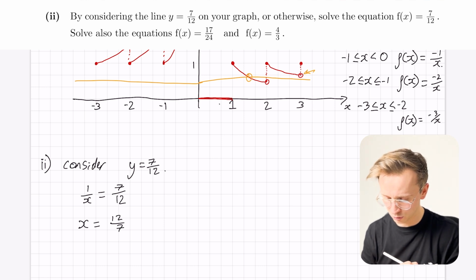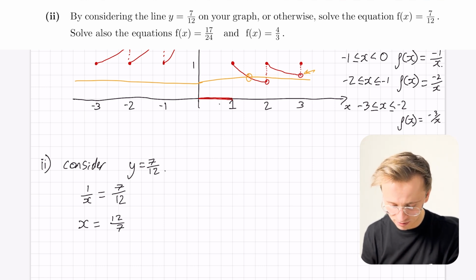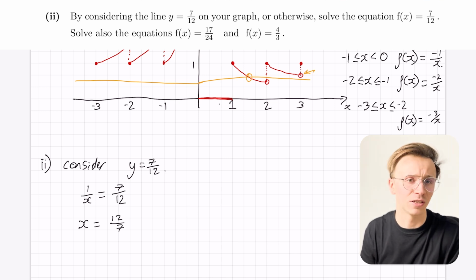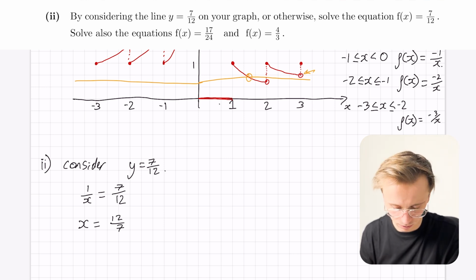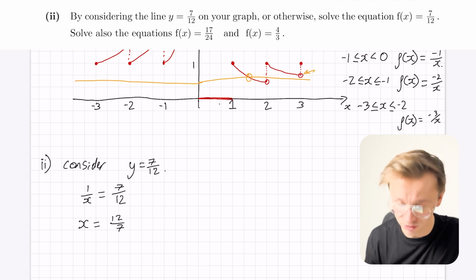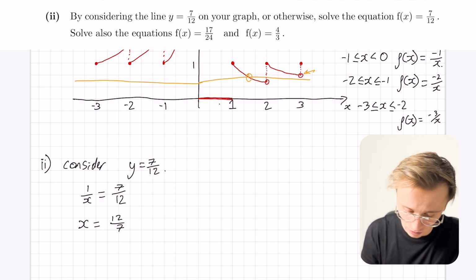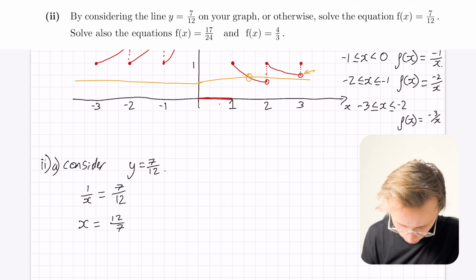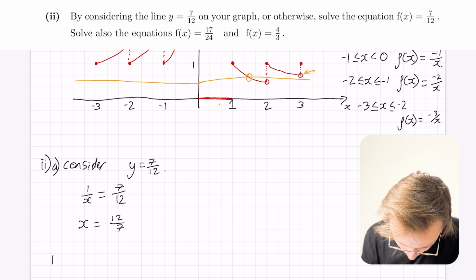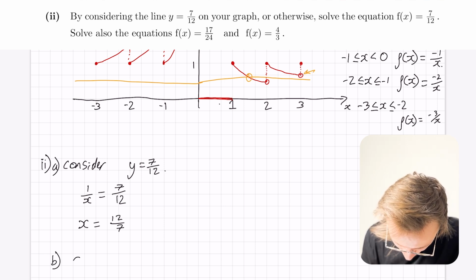Okay, cool. Yeah, and that makes sense because that's between 1 and 2, which is, as I expected, somewhere between 1 and 2. Okay, not too bad. So I'm actually going to label this as 2 part A because it makes it a little bit easier. Okay, so then part B, which is consider